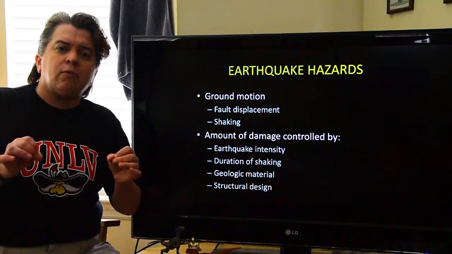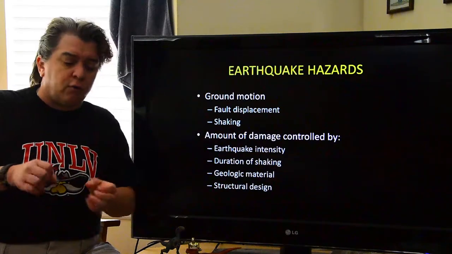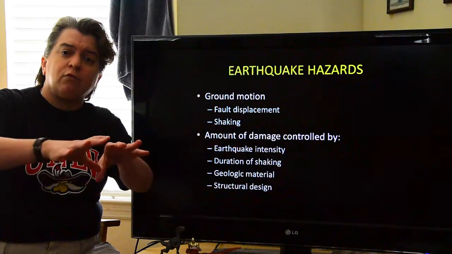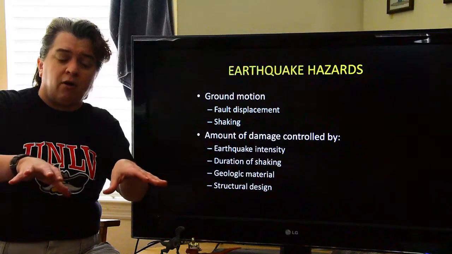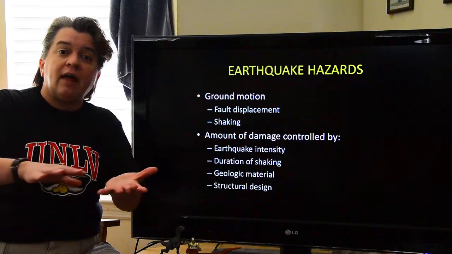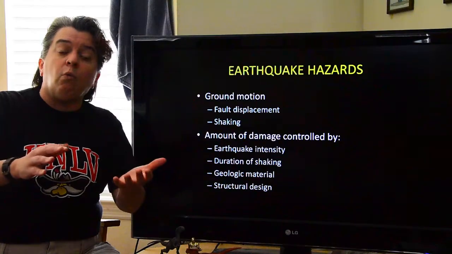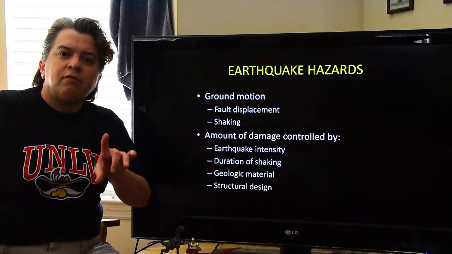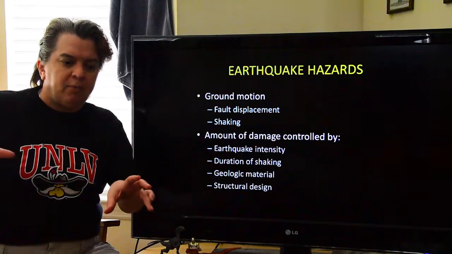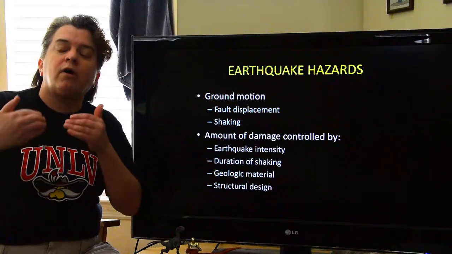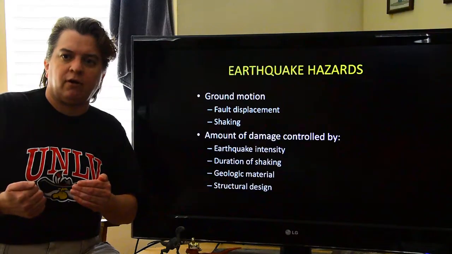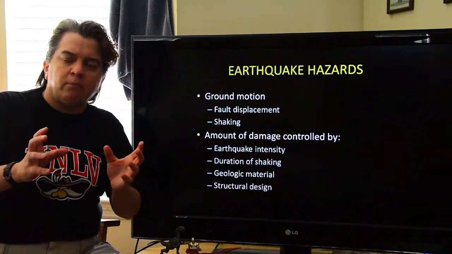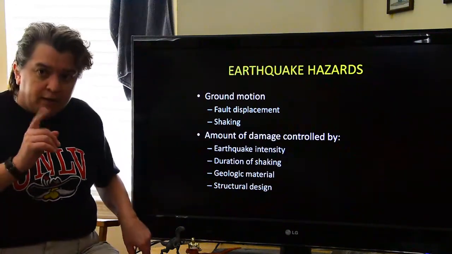But the reason we remember it as the Mexico City earthquake is when those earthquake waves reached Mexico City, it's built on clay and mud with a lot of water in it, and that amplified the earthquake waves, so they actually had worse damage and worse shaking than the people who were closer to the epicenter. So the material that you're built on can make the waves worse.